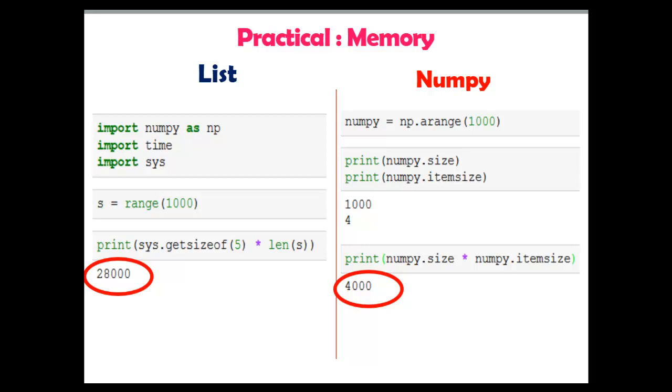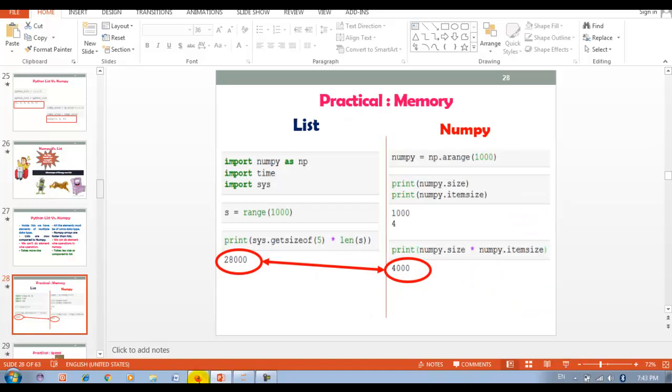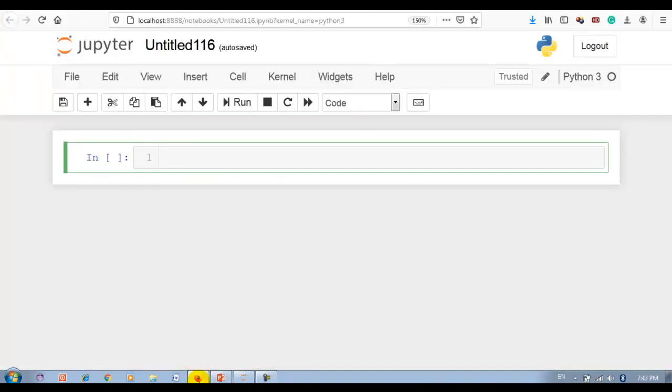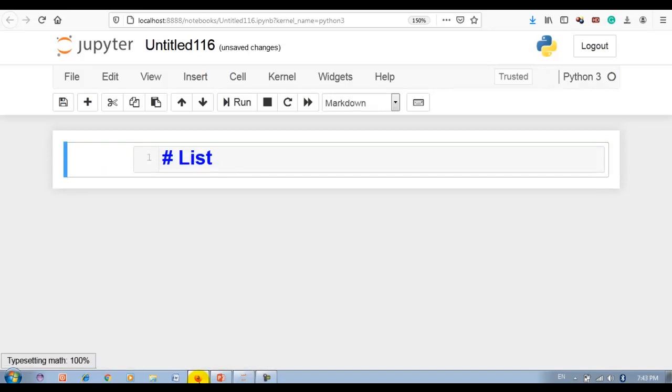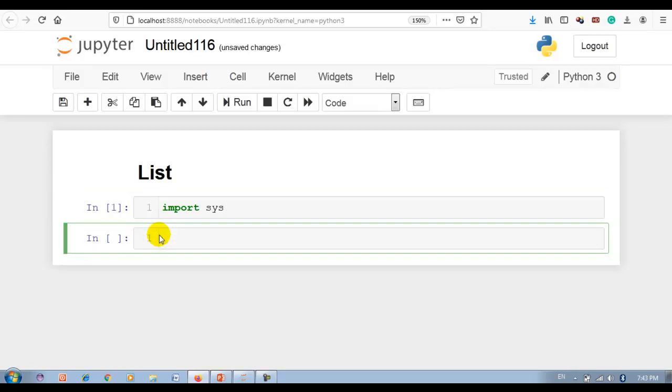Now I will show you this in Jupyter Notebook practically. So let me import first. Let me show you the memory consumption for the Python list. First the sys module. Then I will import NumPy.